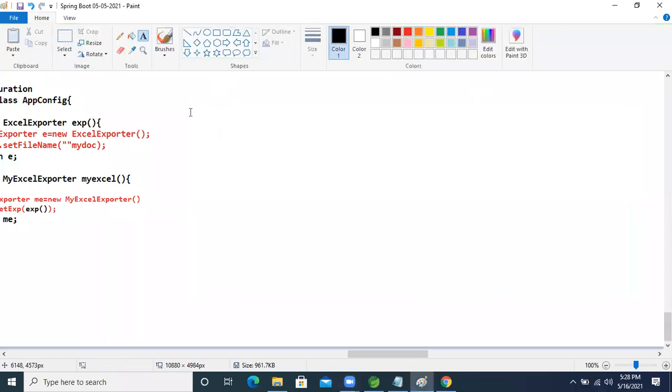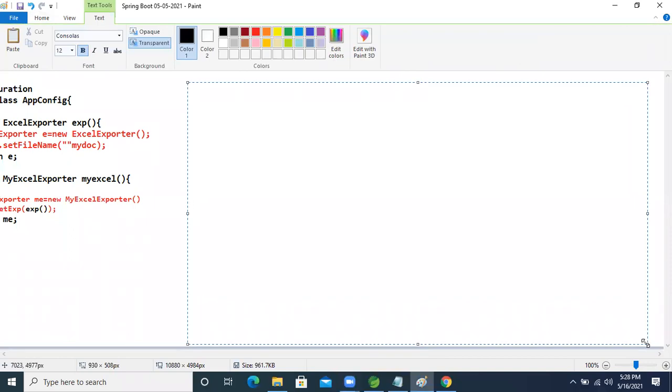Now we see this. How many ways can we pass the input, guys? Input to the application. How many ways have we seen till now?